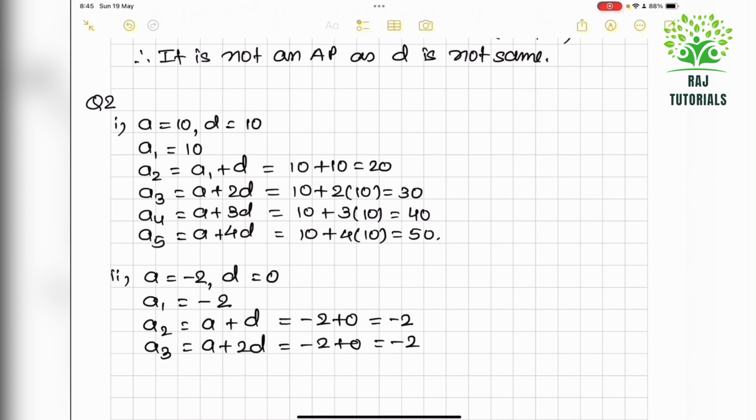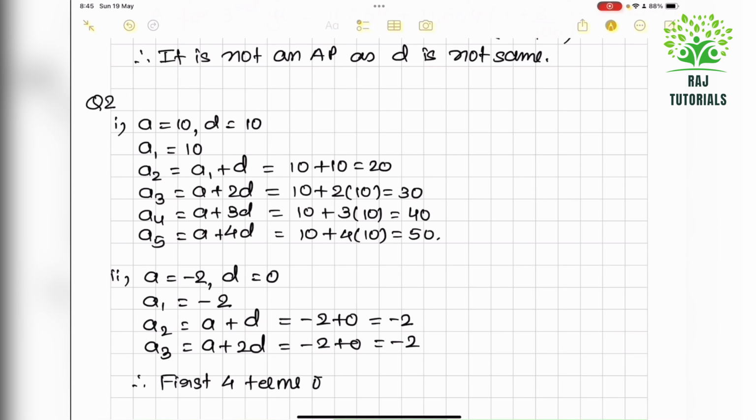So therefore first four terms of AP will be minus 2, minus 2, minus 2, minus 2. Then third one,